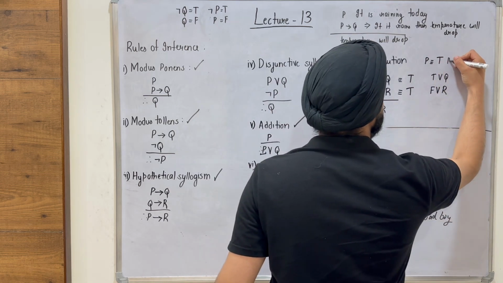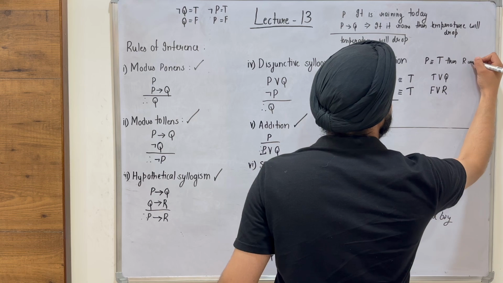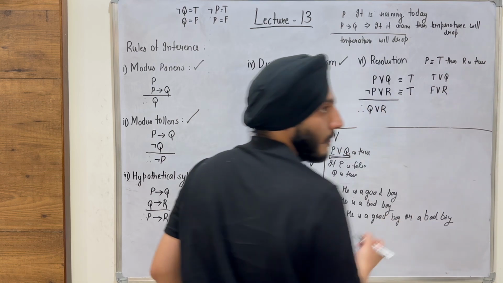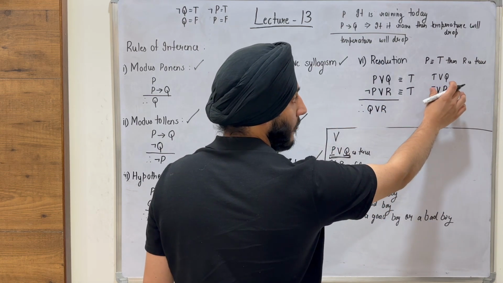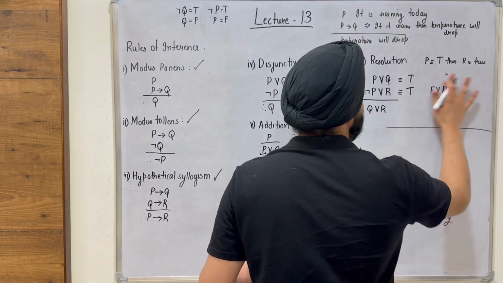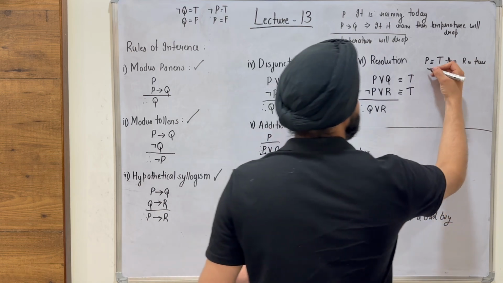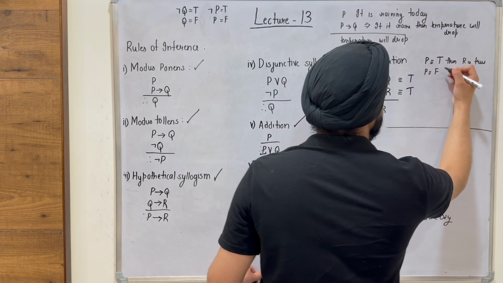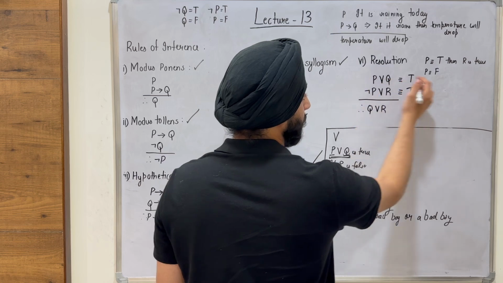If P is true, then R is true, right? I don't know about Q right now. Maybe it is true or maybe it is false. Now let's take a look at the second case. What if P was false? If P is false, then false or Q